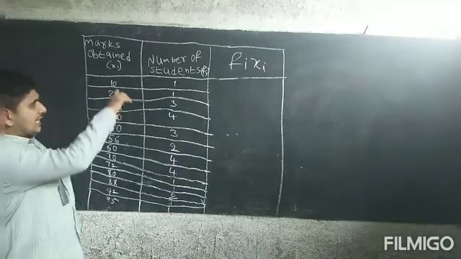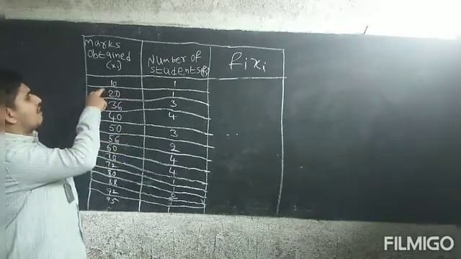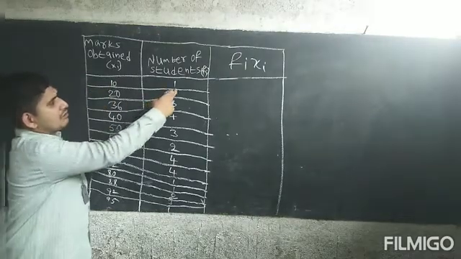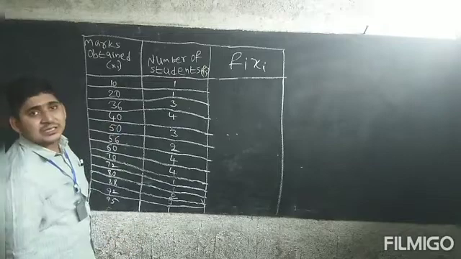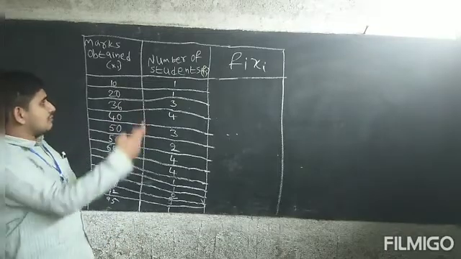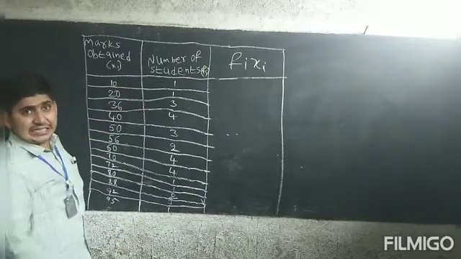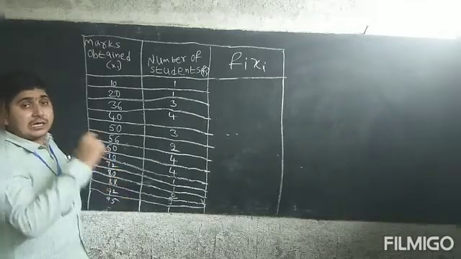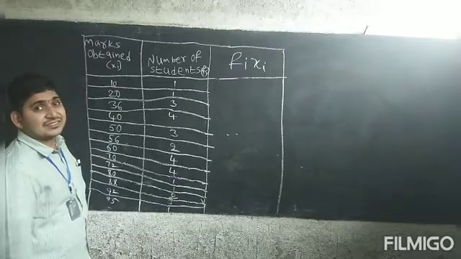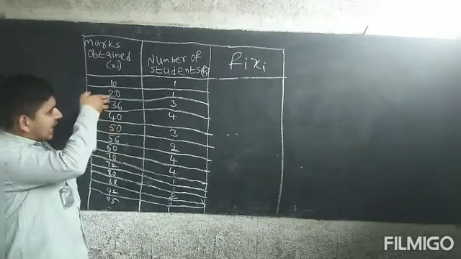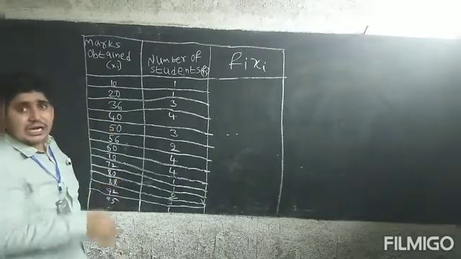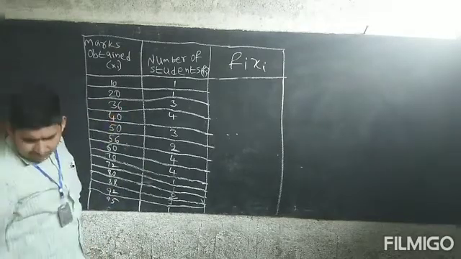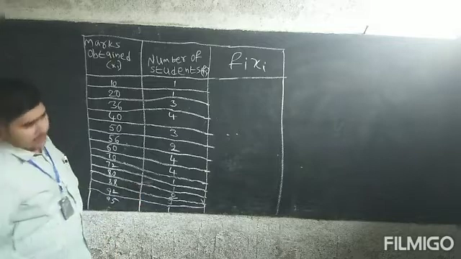Now this is the exact value. For mark 10, how many members got 10 marks? How many members got 20 marks? Like this, for the specific marks, the number of students. In that way, this is nothing but ungrouped data. So for this data, we have to find the mean.